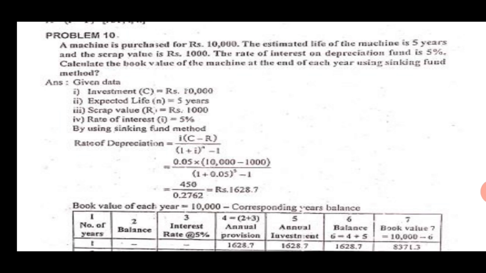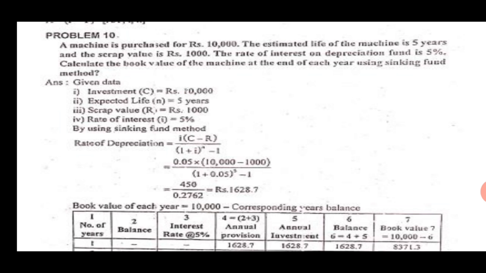So here the only thing which is added is the interest. Whatever amount of money you are keeping in the bank as a depreciation fund carries an interest of 5%. That you have to take into consideration. The rest is all the same. And the annual depreciation amount, like in the straight line method, remains the same every year.